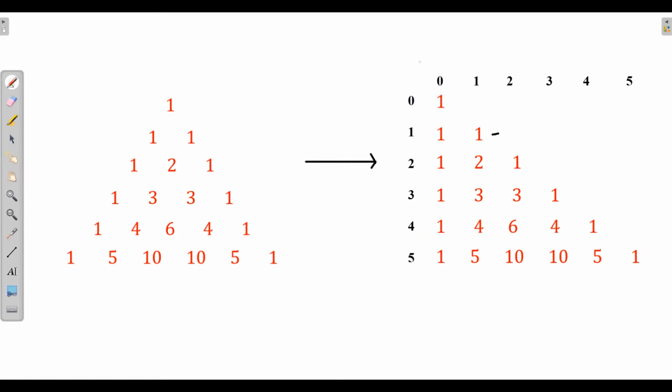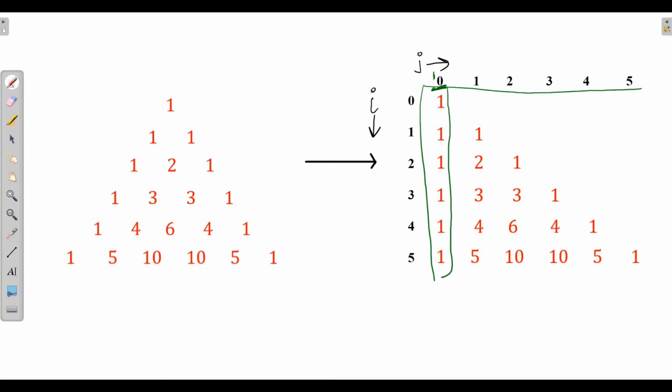For columns, we will define j, and for rows, we will have i. With this, if we see this series of numbers carefully, here you can see whenever this j is equal to 0, we have all the ones. So I can write the algo just by seeing these series of numbers.